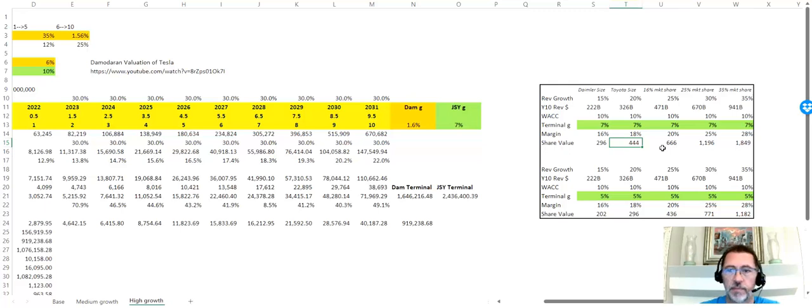So there you have it, the valuation of Tesla. You have to choose where you want to pin the tail on the donkey, as they say, to determine whether you're a buyer or seller of Tesla at the share price. I find it very difficult to accept that this sort of growth, not only growth in revenues, but growth in operating margins, is something that can be achieved by this company.